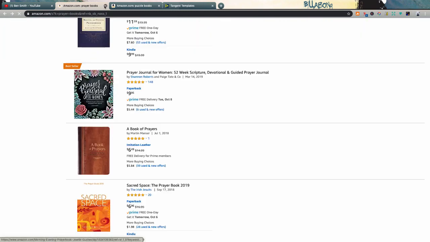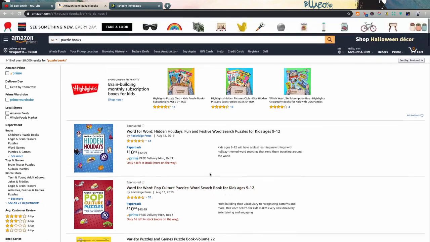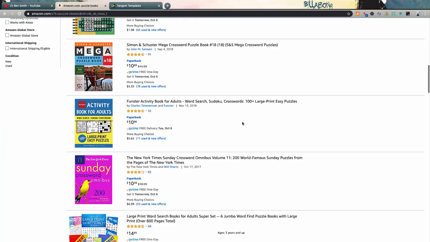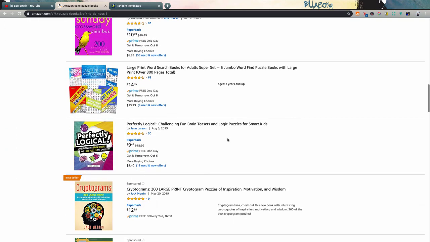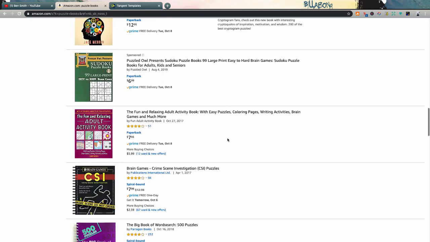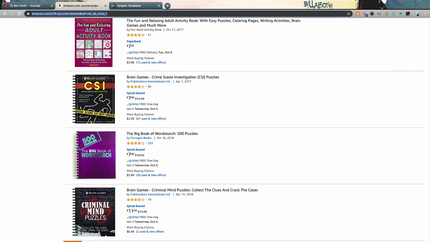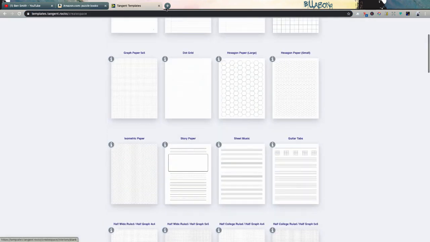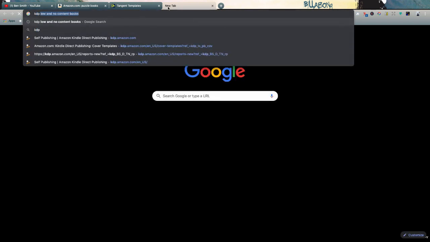And guys, the final one for the sake of this video, so it doesn't go on too long, is just a puzzle book. You know, these are little interior puzzles or little puzzle pages, kind of in line with our activity book, but we could do everything from Sudoku. I think there's some puzzle generators. I don't think Tangent Templates has it, but if we just type in KDP puzzle,